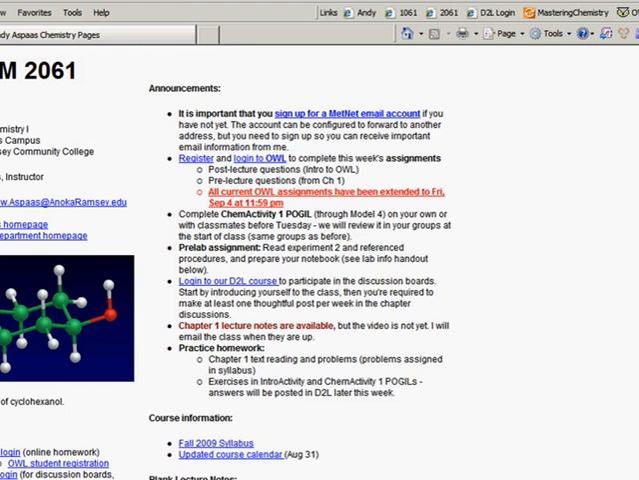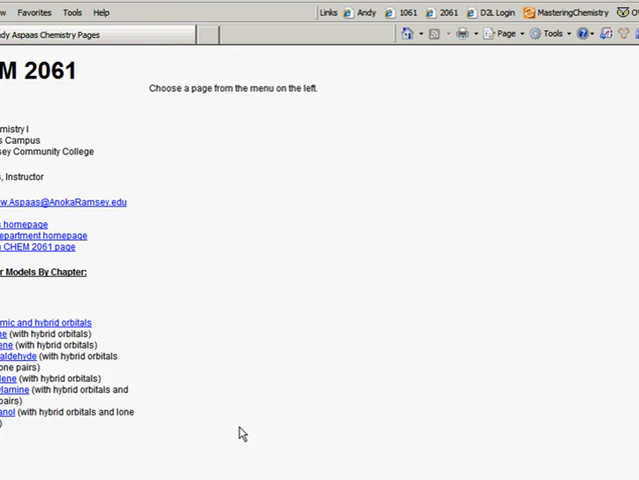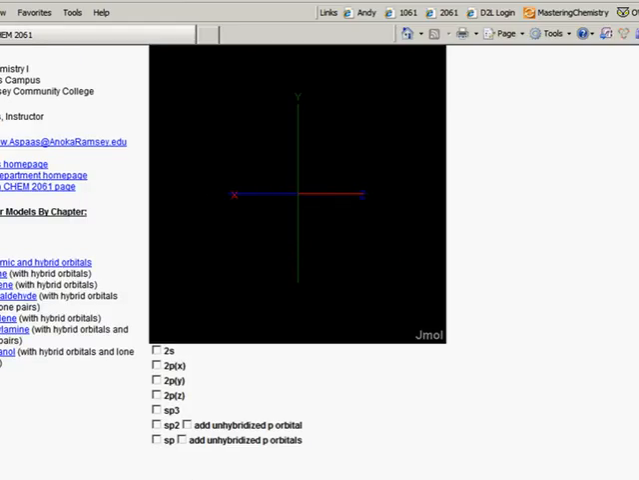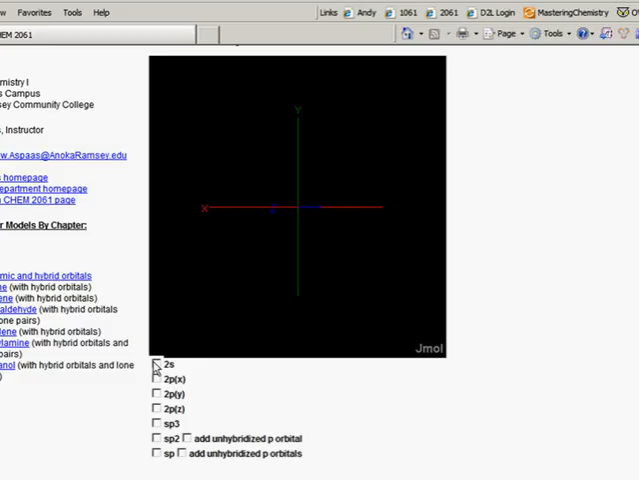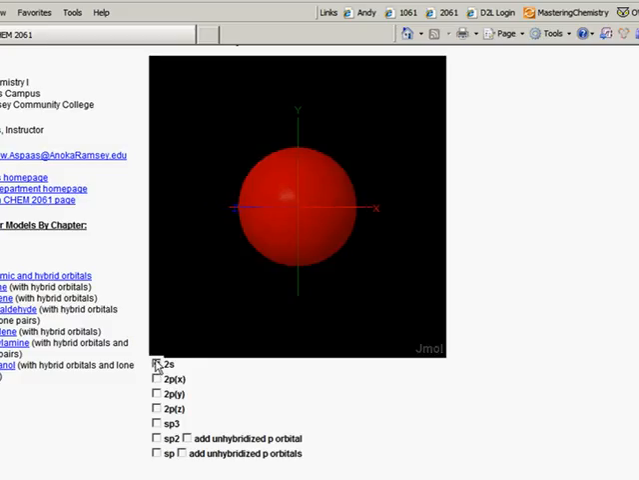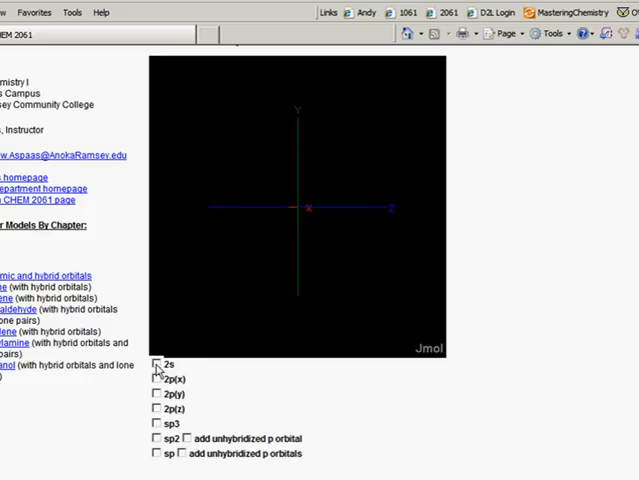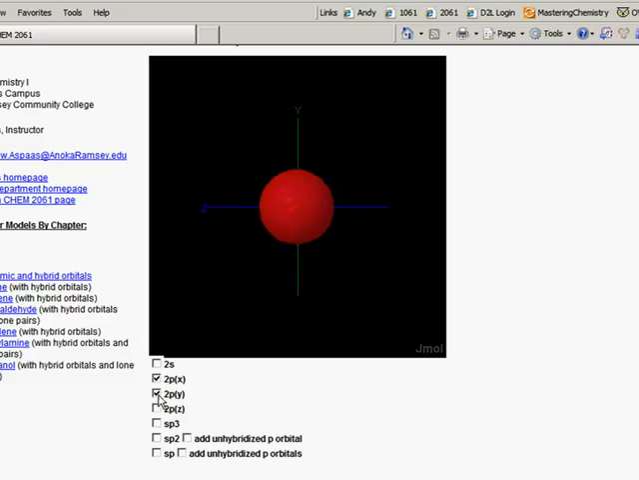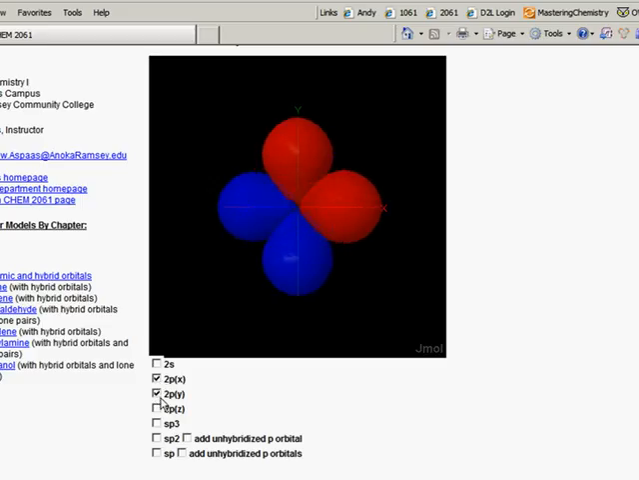So if we go to my 3D molecules, my very first model here, first of all, it's atomic orbitals. We'll get to hybrid orbitals in a minute. But 2s is just a sphere. Okay? That means there's 2 electrons that can exist within that sphere. And then here's 2px. 2 lobes along the x-axis, 2py, 2 lobes along the y-axis, and 2pz, 2 lobes along